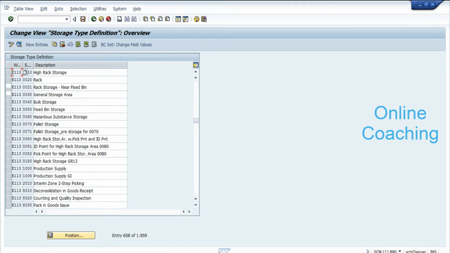So we can have different storage types. Over here we are using, based on the characteristics of the storage type, something like a rack storage, a high rack, a general storage area, a bulk storage area, a pallet storage area. So we can create multiple storage types based on either the characteristics of that area or the bins over there, or else